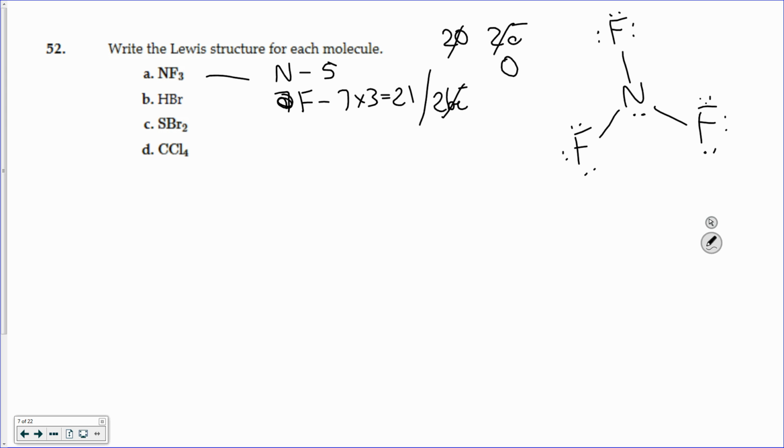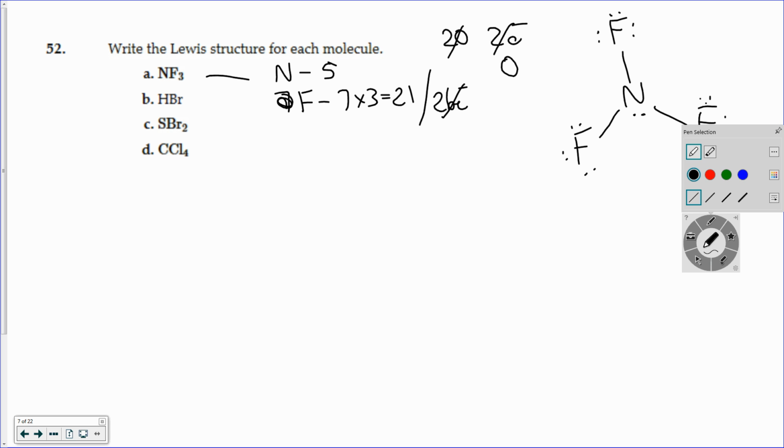So that's the Lewis structure for nitrogen trifluoride. And that's the bonding pattern that we commonly want to see with nitrogen: 3 things bound to it and a lone pair of electrons. Recognizing that makes life easier for us. All right, let's do